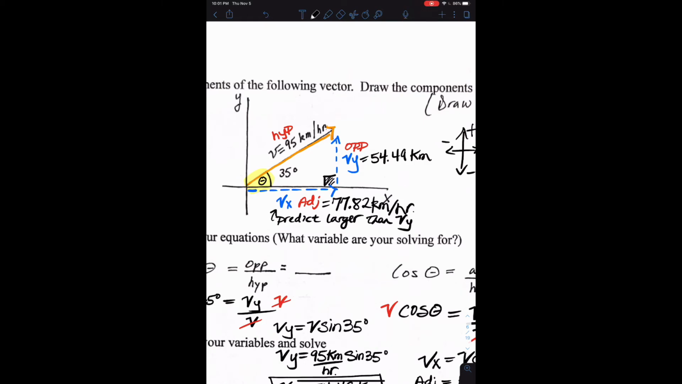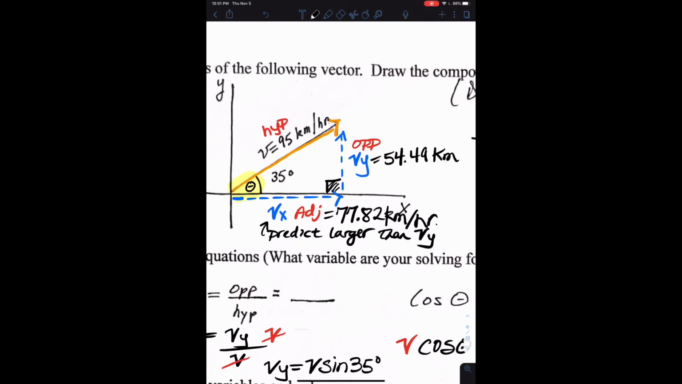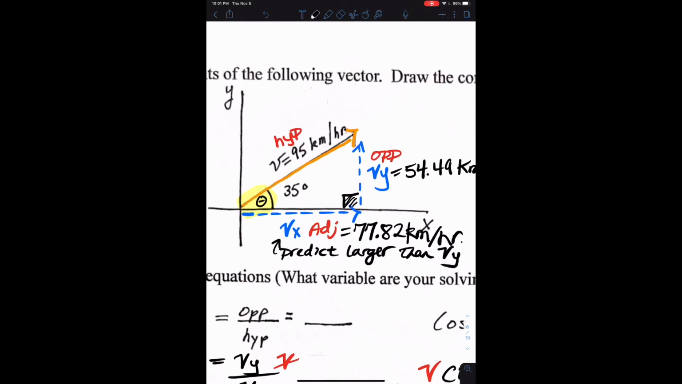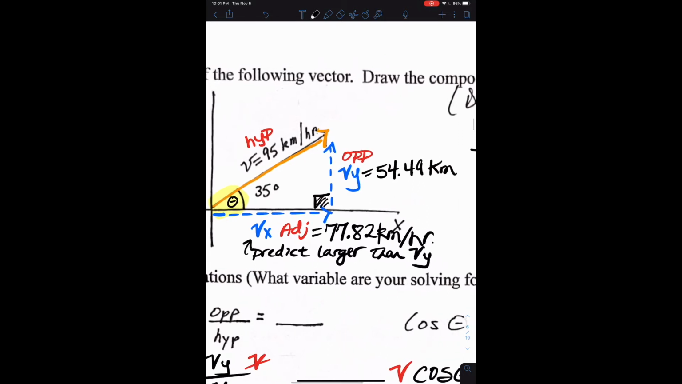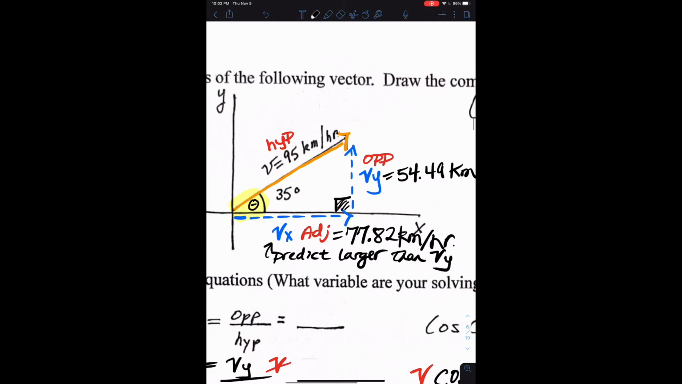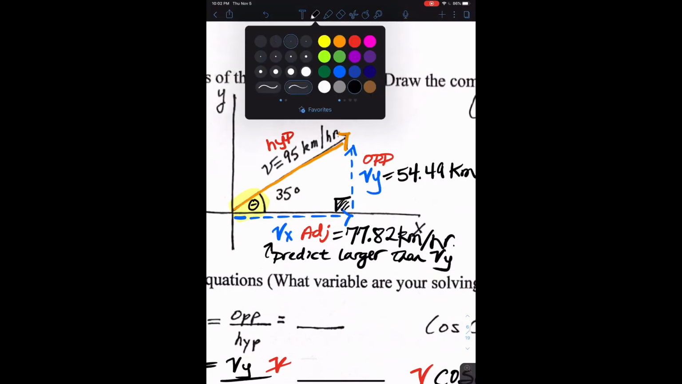One thing you should notice is that when I drew the two blue dotted lines, did you notice that I drew them head to tail? Because you should have. That's important right there. What that's saying is that Vx plus Vy is equal to V, right? That if we add 77.82 plus 54.49, we get 95. No, that's nonsense. That's not what I'm saying. What I'm saying, though, is that this Vx, this dotted blue line, plus Vy in vector addition,